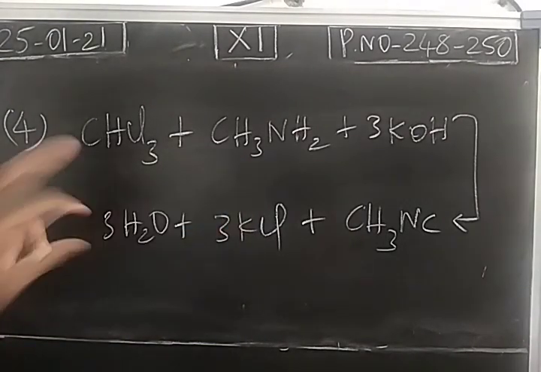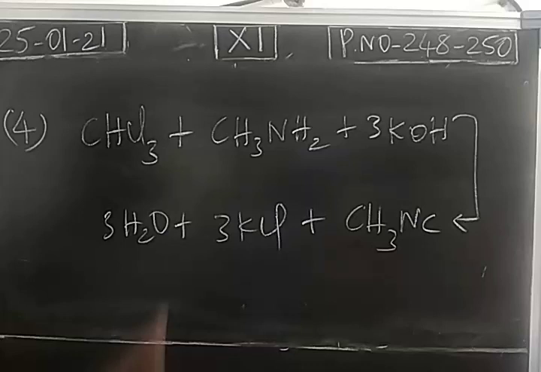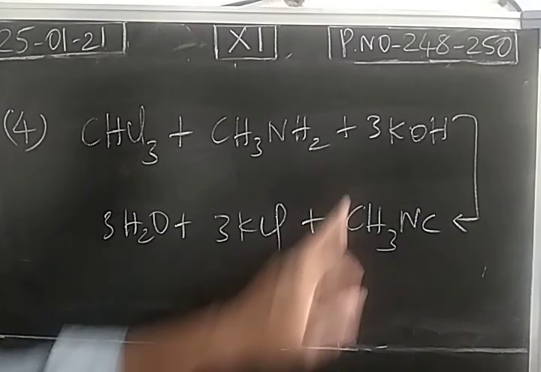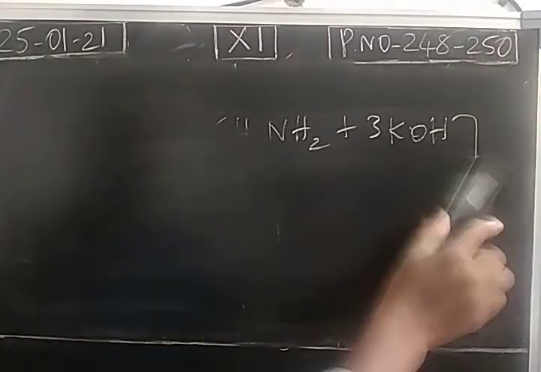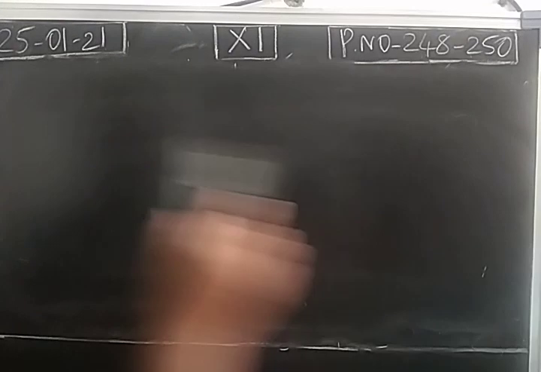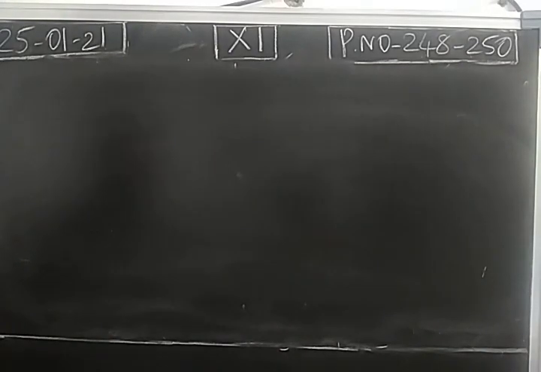With the primary amine, when you add chloroform in the presence of alcoholic potassium hydroxide, you will get isocyanide. Formation of isocyanide indicates the amine is a primary one. It may be aliphatic as well as aromatic. So the carbylamine reaction is the test for primary amine. With this, trihaloalkanes are over. Preparation, properties and uses of chloroform are over.